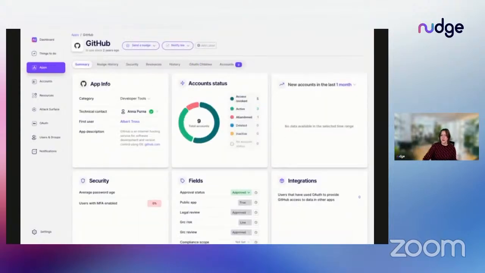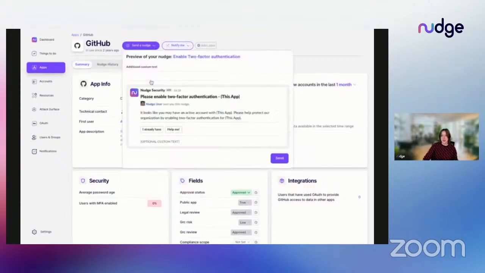Something that you might consider a critical app. Nudge can help you ensure that MFA is enabled for this kind of account, and that's one way you can protect yourself. The account that was initially compromised at Microsoft, and the situations they described in their threat intelligence blog about things that had happened at other organizations, typically started with an account that was not protected by multi-factor authentication. Here we can see that none of these GitHub users are protected by MFA. So we can take action in Nudge and